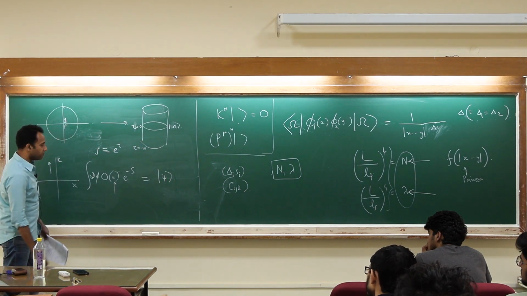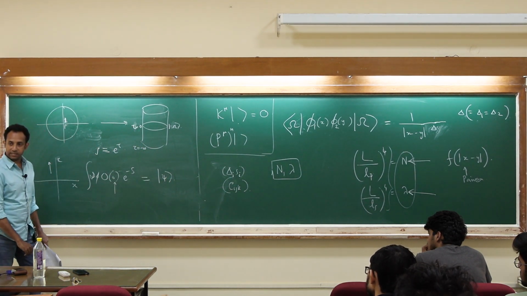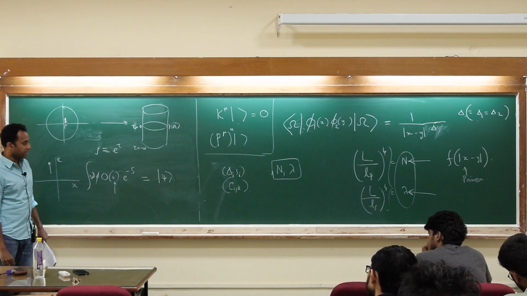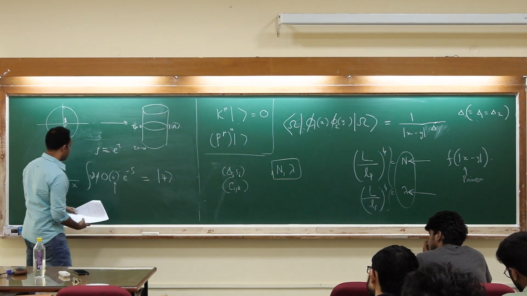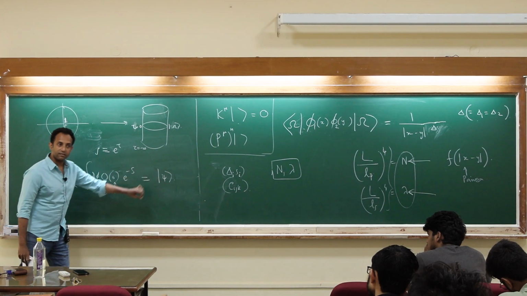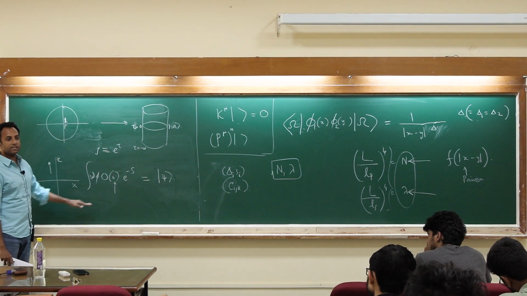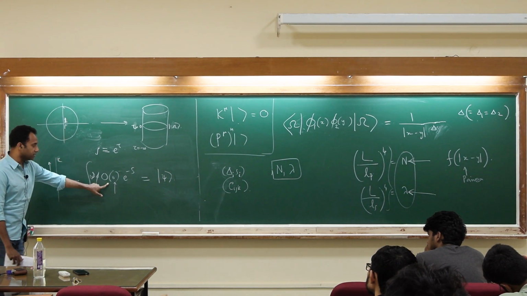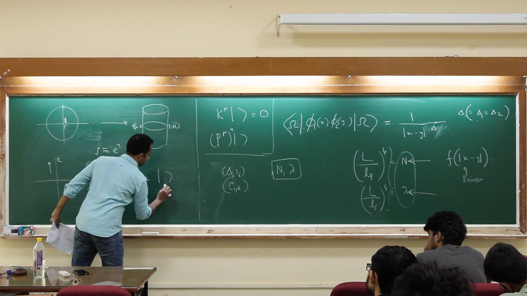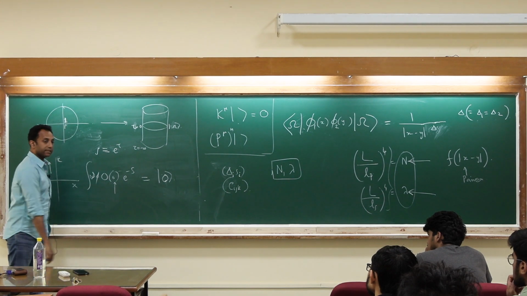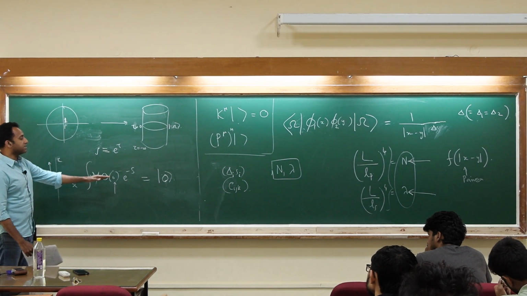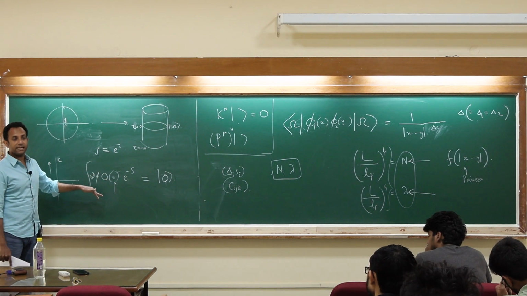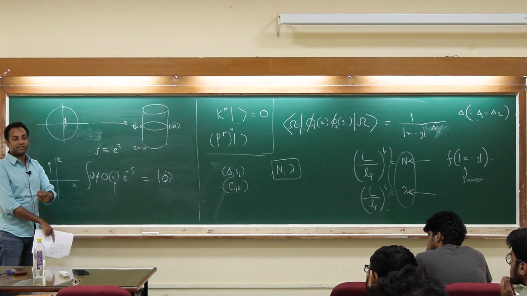I'm being slightly heuristic, but these are all things we have done before. Heuristic because I'm not putting boundary conditions, I should put a ket here, etc. But schematically, this is what it is. Sorry, let me call it O actually, because I'm inserting this O. So this is essentially the state-operator correspondence.